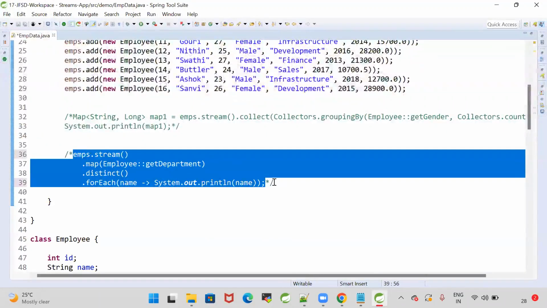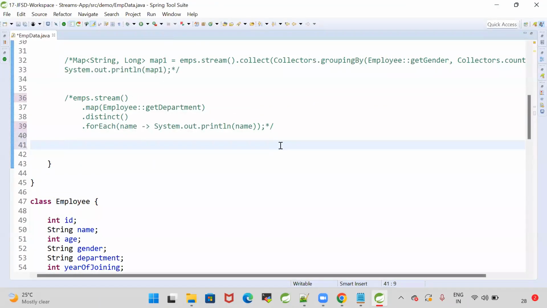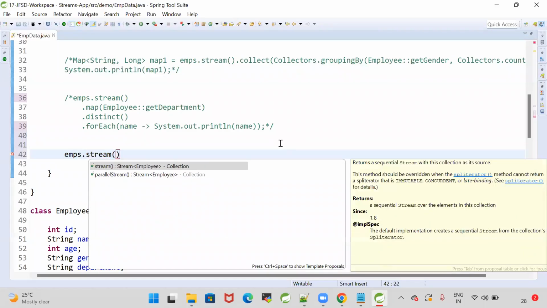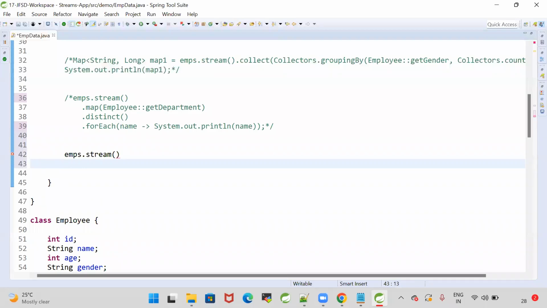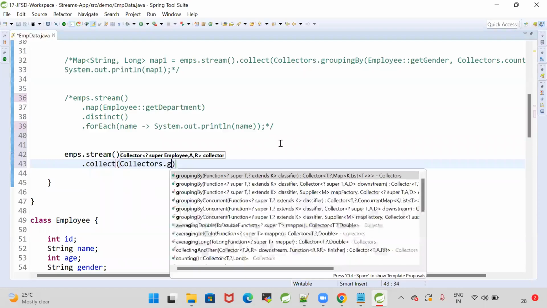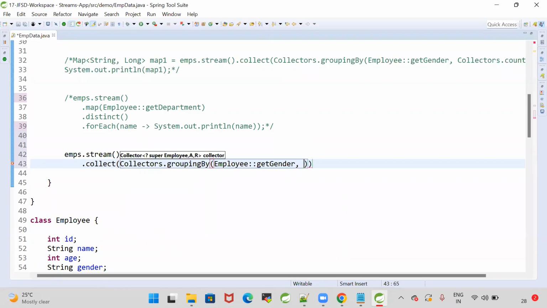How to get the average age? Let's do this. How to get the average age of male and female employees? Employees dot stream dot collect of Collectors dot groupingBy, based on gender, right? Male average age, female average age. Employee get gender. Okay, groupingBy get gender, comma, Collectors dot